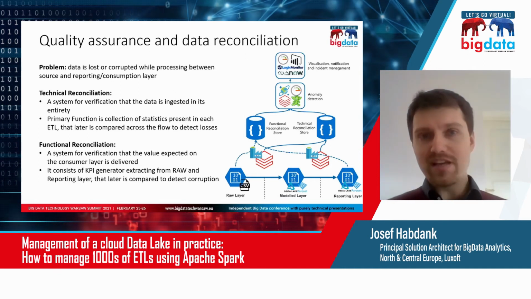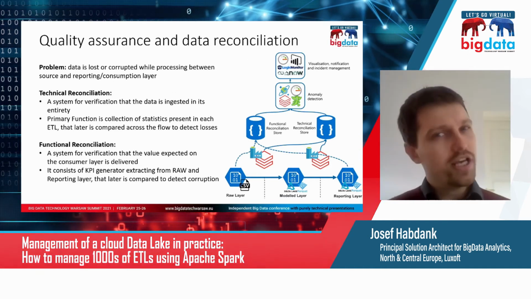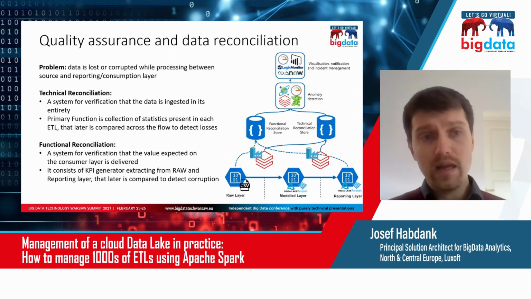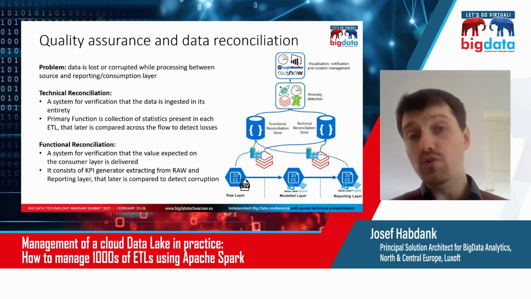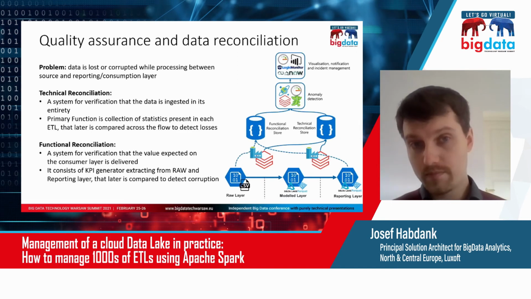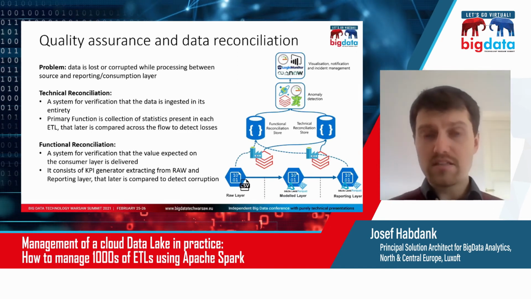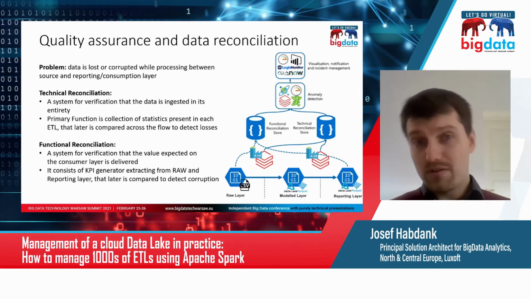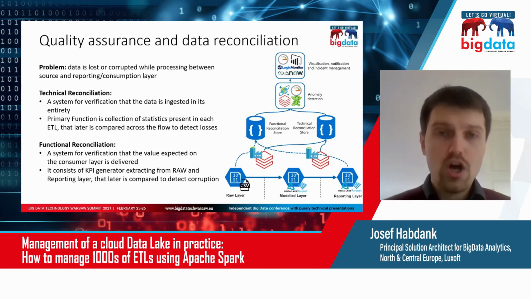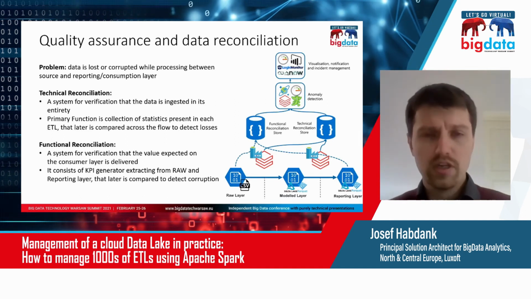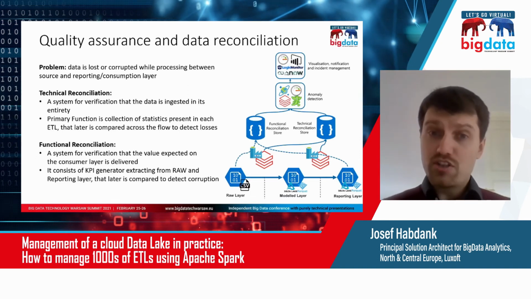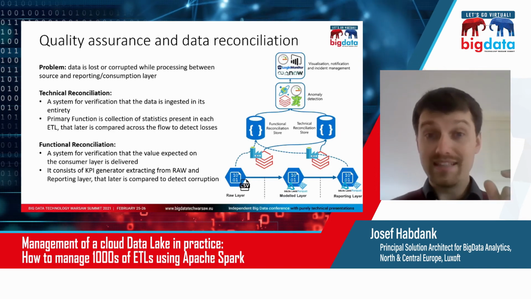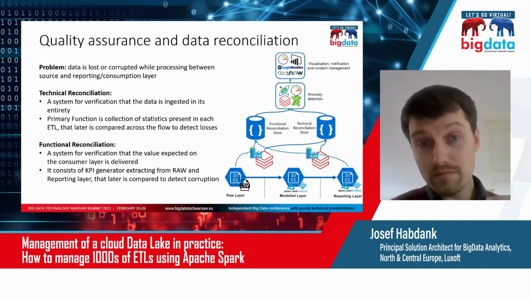So when you think about this, there are normally two types of reconciliation. When I say reconciliation, I mean is the data as it should be, right? So there's technical reconciliation and functional reconciliation. Technical reconciliation means that you can prove to yourself that no data was lost, but it doesn't understand the data at all. It just says I had 1,000 rows on an input, and my ETL chain that has maybe 10 ETLs, there was 1,000, whatever transformations you do. Of course, up to the point when you start grouping, then you cannot just look at row counts naively like this. But generally, you are verifying to yourself on the technical level, on the just row count level, that the data was not lost, and that is extremely important to do.